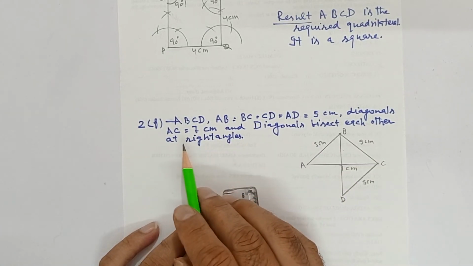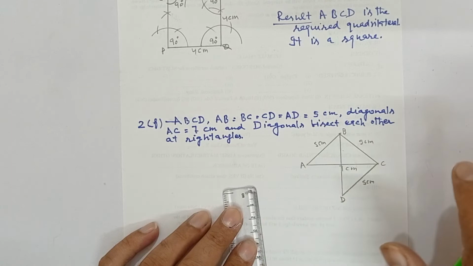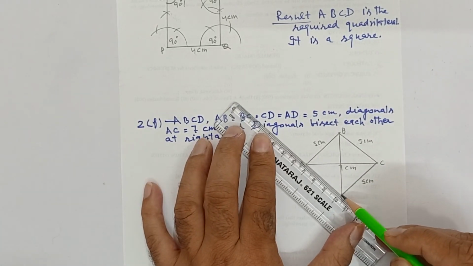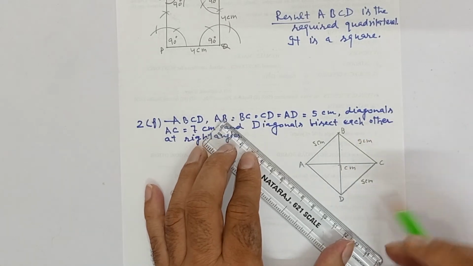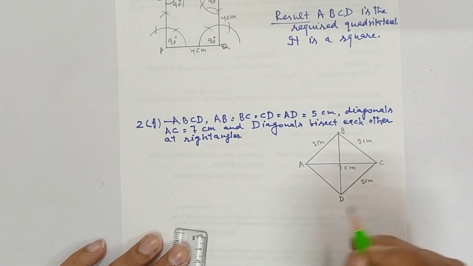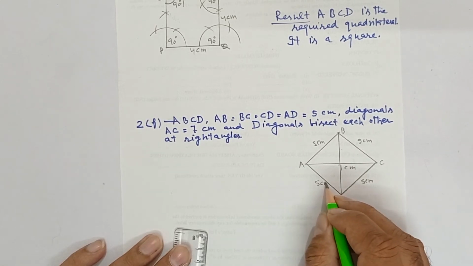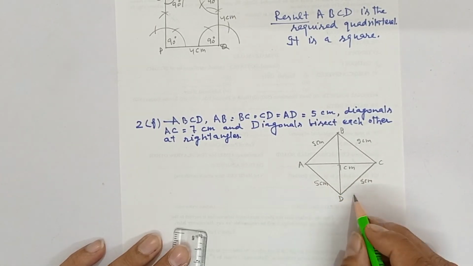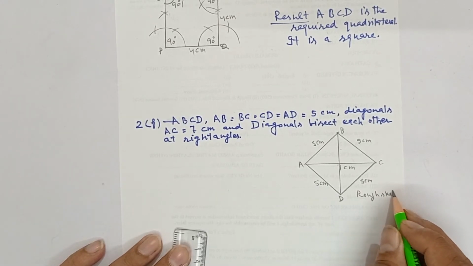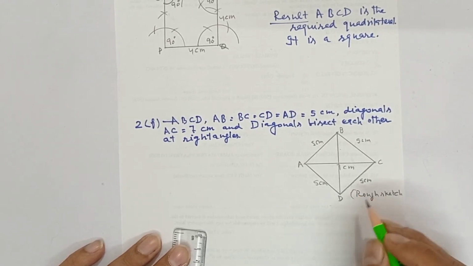So this is the AC diagonal given. We will not see yet what it is. First the AD side is given 5. Later you will observe that diagonal BD will also come 7. He has not otherwise given. You need to draw only those things which are given. So this is the rough sketch. All four sides are given and one of the diagonals is given.